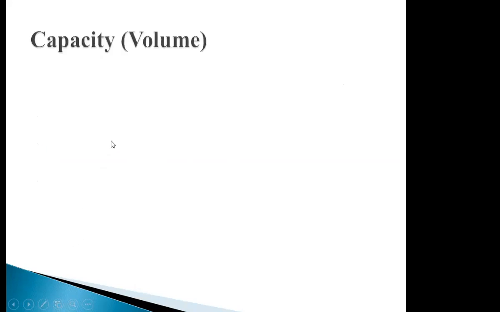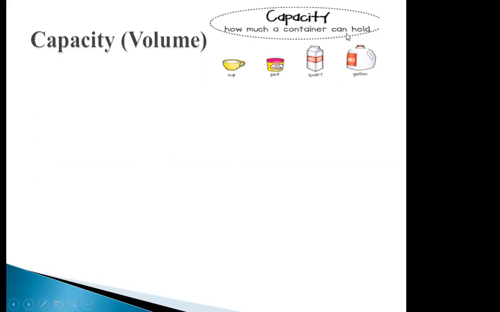Okay, now capacity. I wanted to start something new. Do you know what capacity is? It is how much a container can hold. Capacity is the liquid inside a container. For example, you have your water bottles. It is written 250